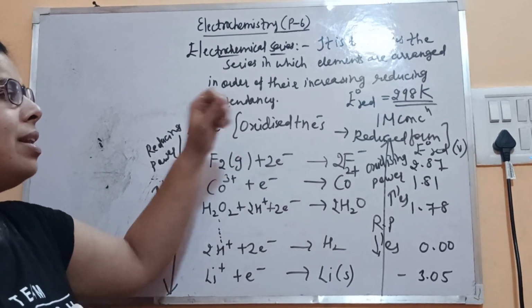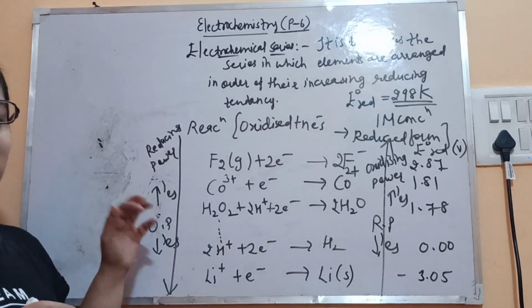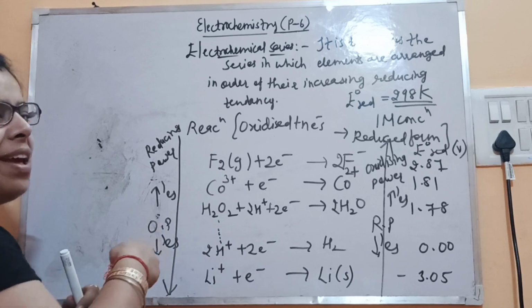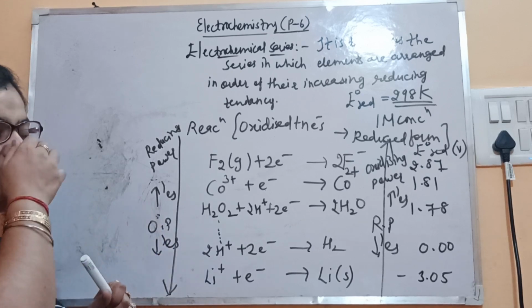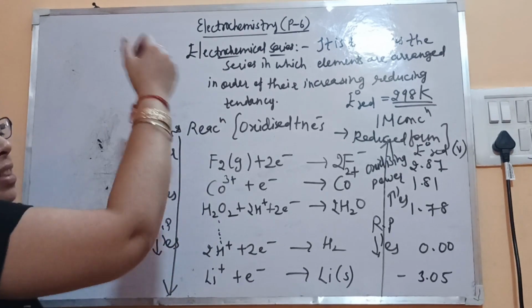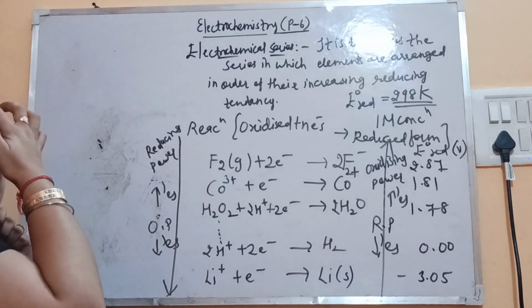That's why their value is positive, and metals have a tendency to lose electrons. So the reason is here in the electrochemistry. In previous classes you have studied only that yes, they act as a reducing agent. Why? Because they have a tendency to lose electrons. Why do they have that tendency? From where is that tendency coming? That is hidden in the electrochemistry. So this is the basis for that.